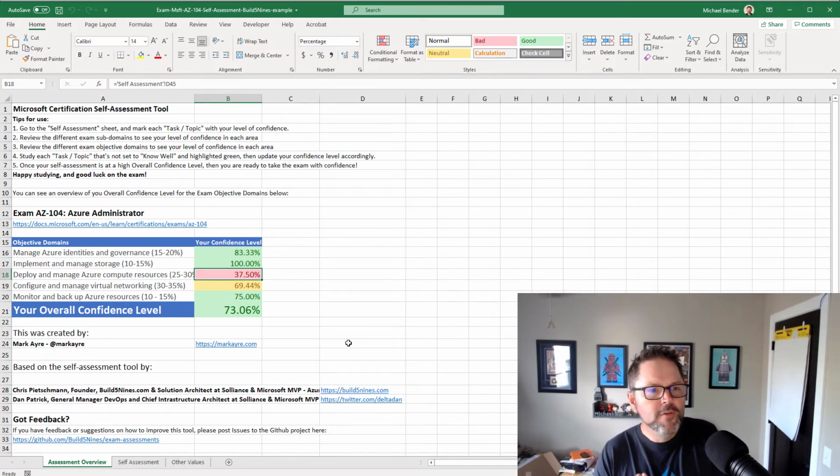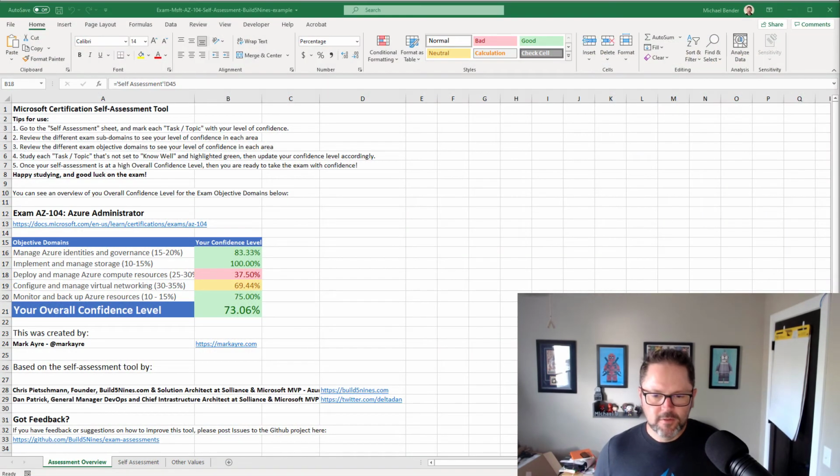And so if you're 100% on implement and manage storage in Azure, probably the only thing you want to spend some time on is maybe some hands-on if you feel like you need to do that. Maybe doing some quick review of some docs. On Pluralsight, we've got some great exam alerts. Maybe just watching the exam alert for implement and manage storage to get you focused on the topics that are important for the exam. And then once you get into doing the test prep, using that as your focus. But use this as a tool for you to be able to see where exactly you're at within the program.